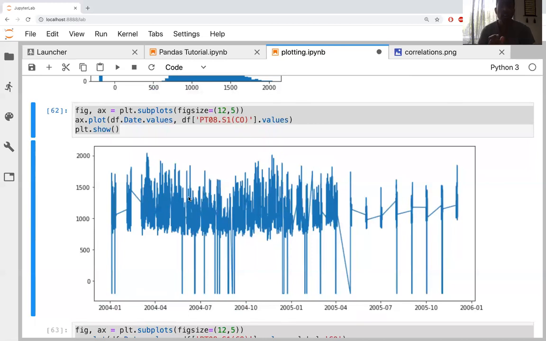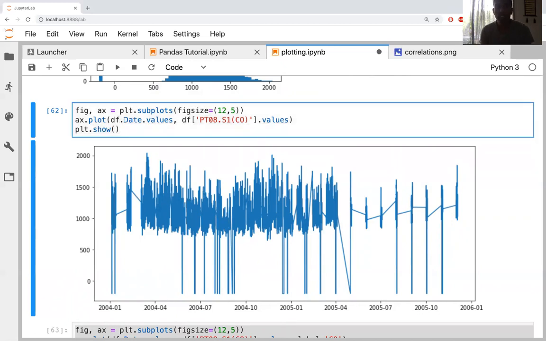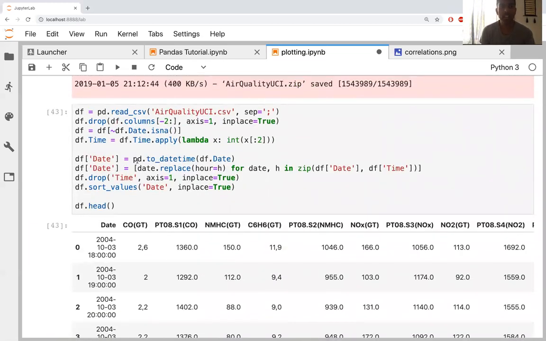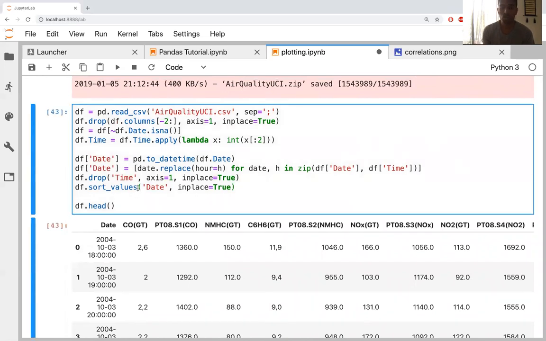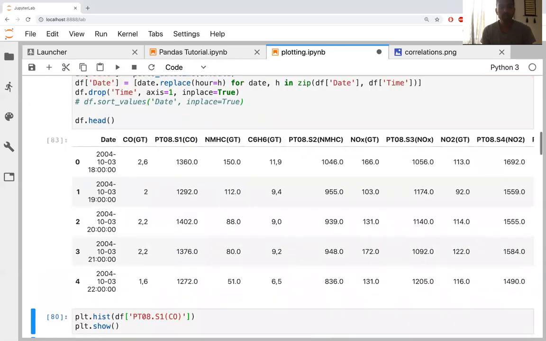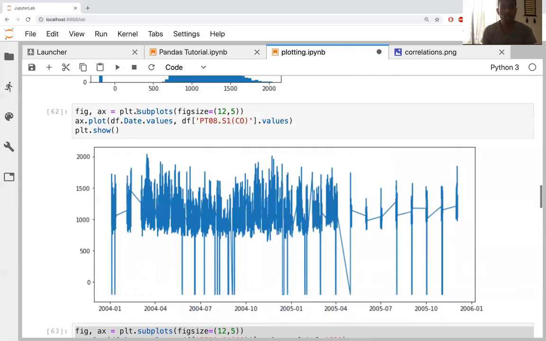One thing I should mention though is that you need to make sure that your date is ordered, because plotting isn't going to order things for you. When I just read the data in, the time axis wasn't actually sorted. So let me show you what happens when I don't sort things out. Let me just read this thing in quickly. All right, so we have the data. And now if I was to plot this again,